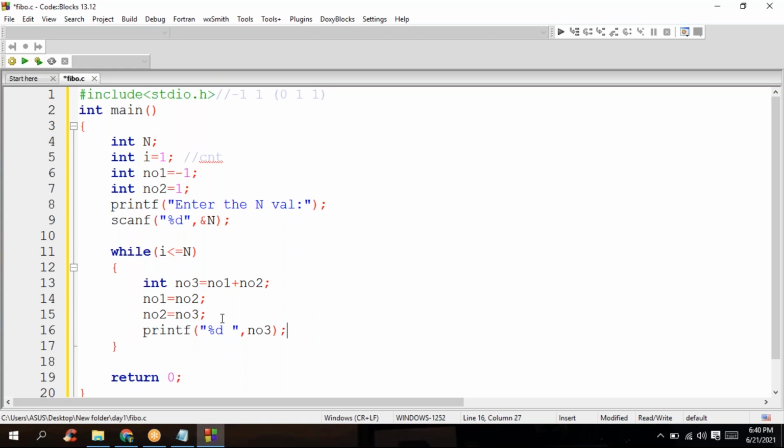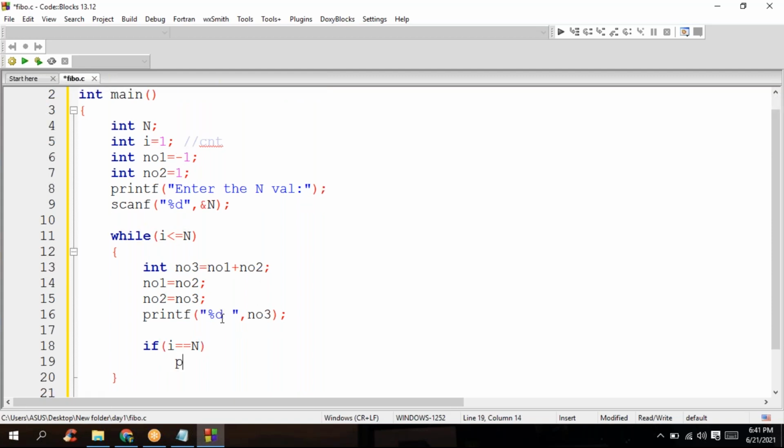Followed by it, what am I supposed to do? I'm supposed to print the nth number, right? So here what I'll mention is, if my i value equals n, it is going to execute somewhere while i is less than or equal to n. I can complete my process inside itself.